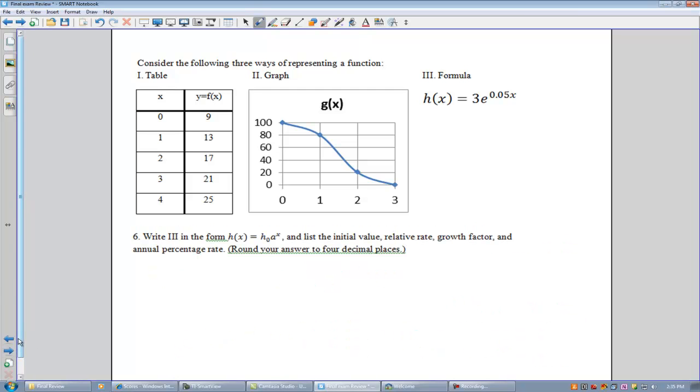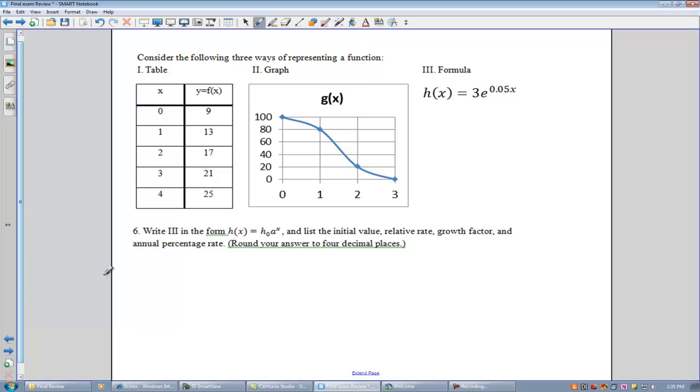Let's look at number 6 now. So on number 6, it says write 3 in the form h of x equals h naught times a to the x, and list the initial value, relative rate, growth factor, and annual percentage rate. Round your answer to 4 decimal places. All right, so the idea is that I can go from this,